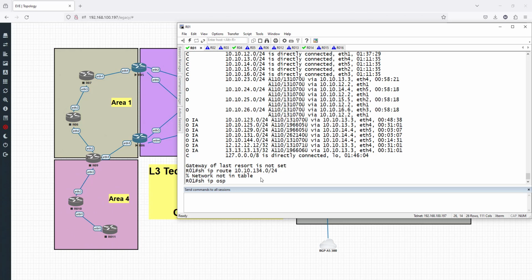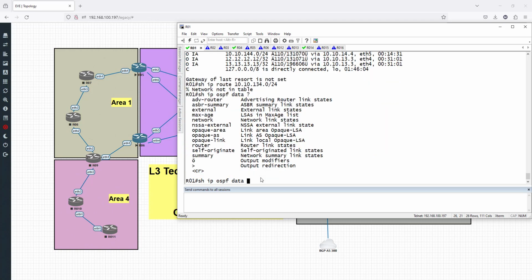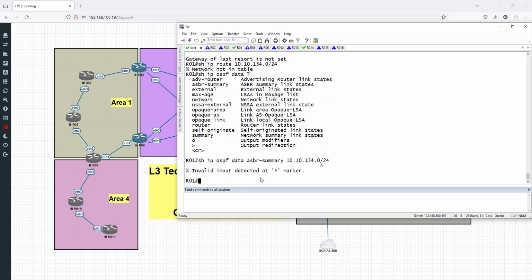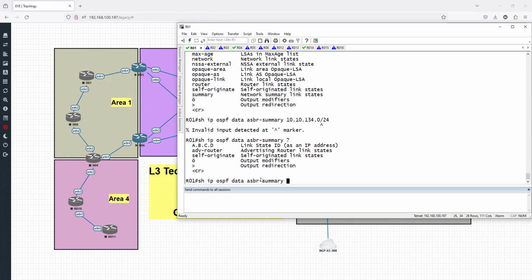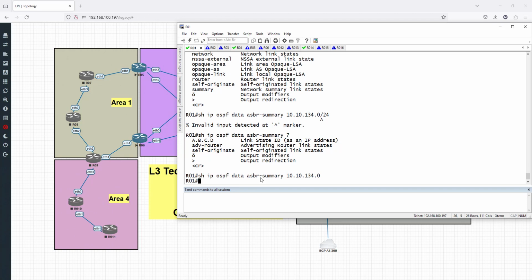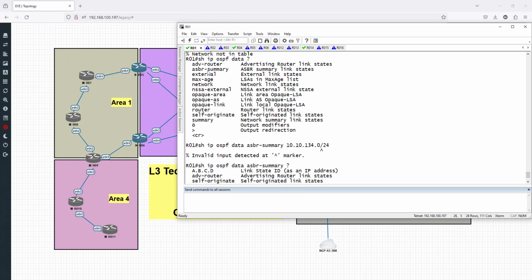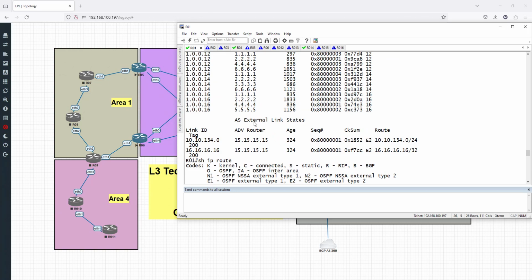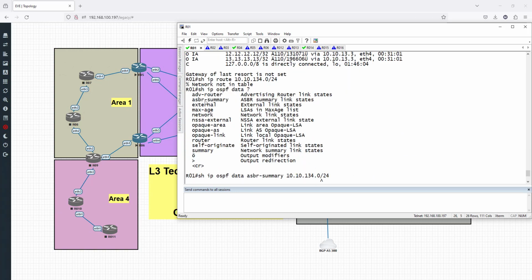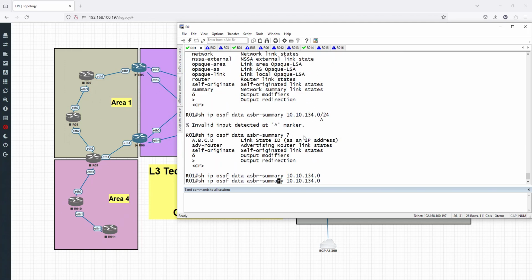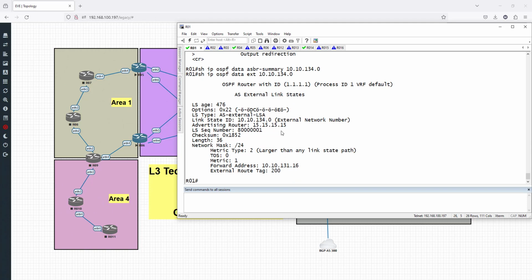If I try to say show IP OSPF database, and the type that we are trying to see is ASBR summary, and that is the route. ASBR summary. Okay, it said that we don't have it in here, but now the ASBR summary may be NSSA external. Do we have it? That is AS external. So that should be AS external, and let's go with external. External. Okay, now we see that this is an external network,